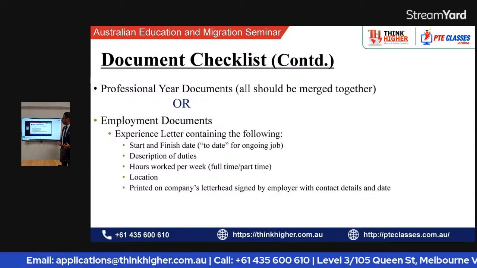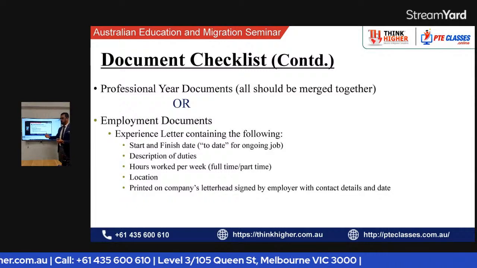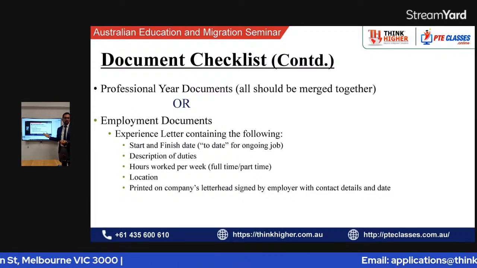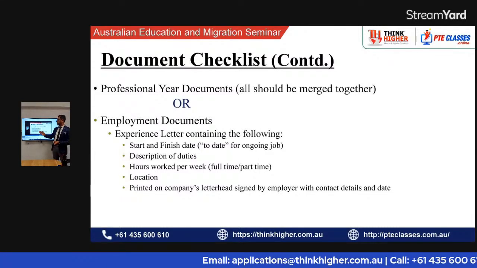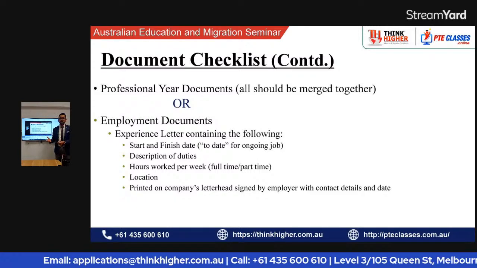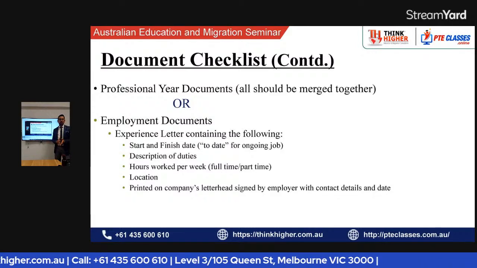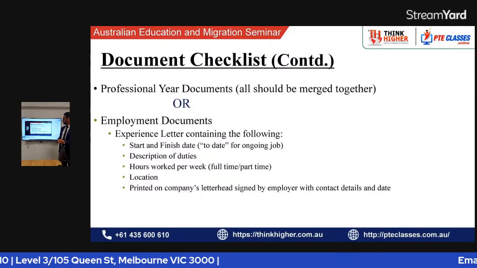Sorry. So either you have professional year documents or experience. It depends on you how you want to go with the skill assessment, or you can put both together as well if you want. But if you have PY, then ideally go with the employment experience directly claimed to EY. You don't need to go to ACS to get that assessed, but it may take some time. PY is quite easier. So if you've done PY, just add that and get your degree assessed. Okay, next.